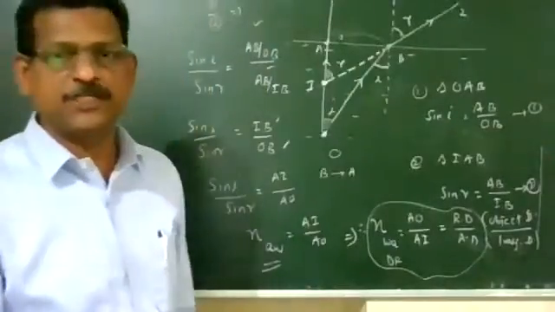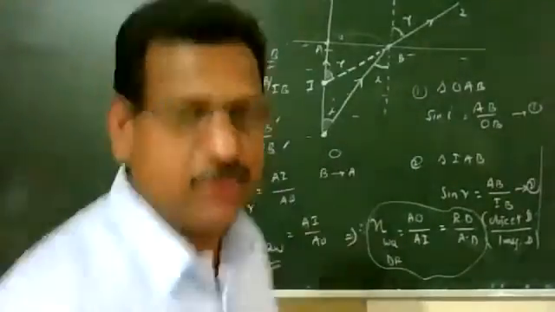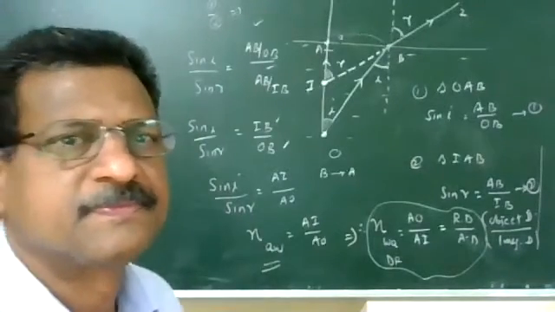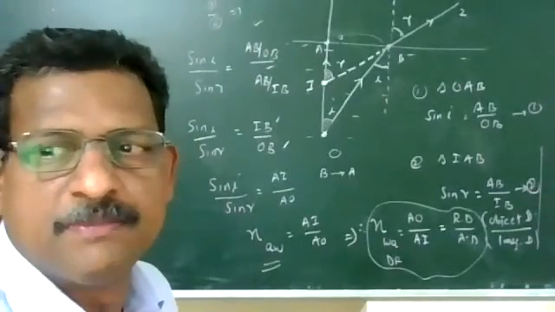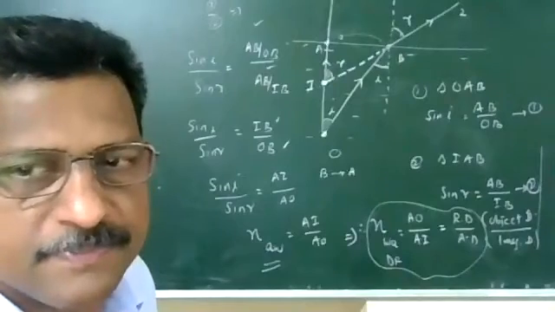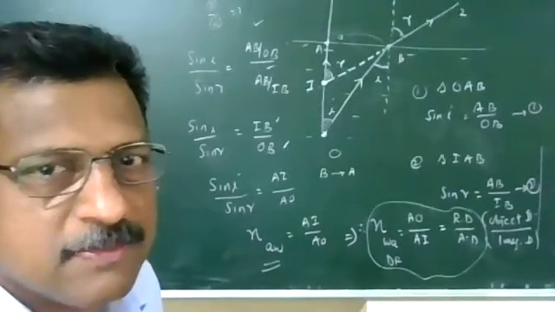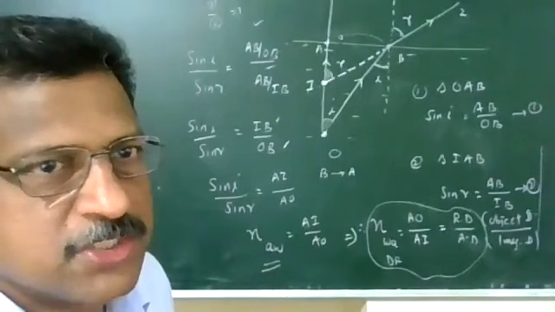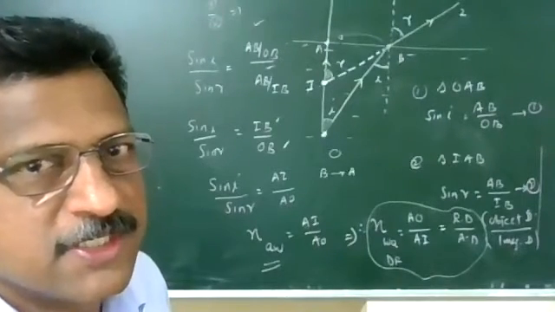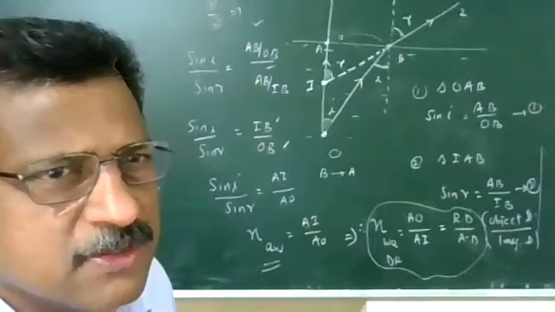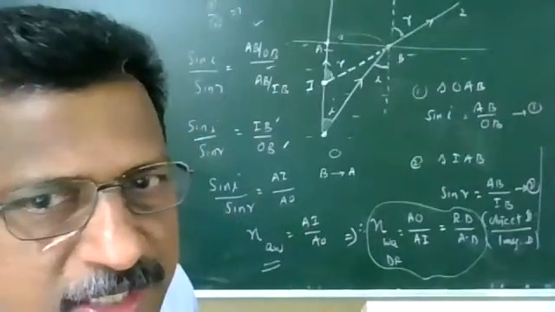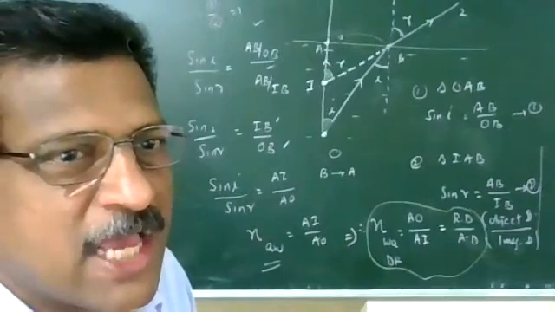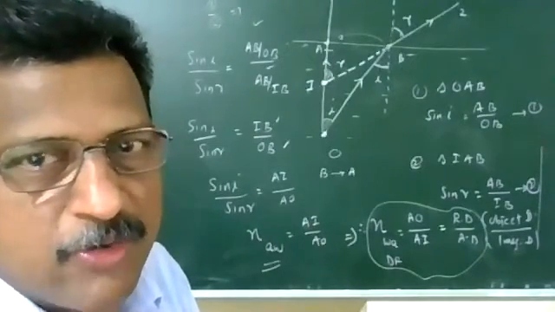So when the refraction is from denser to rarer medium, which distance is greater? When the coin is placed in the denser medium, we are observing from the rarer medium, that is air. So which distance is greater here? Object distance is greater. Image distance is less than the object distance. That is why we say that the water tank appears to be shallower. It seems as if it has become a little less deep.